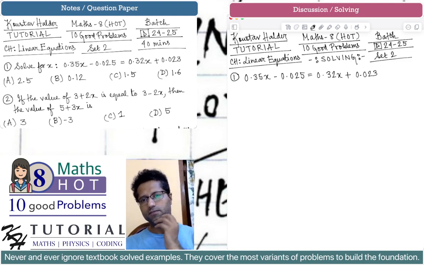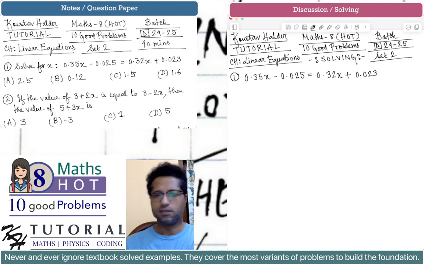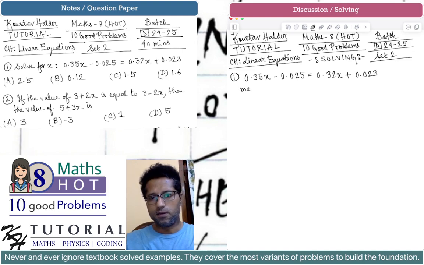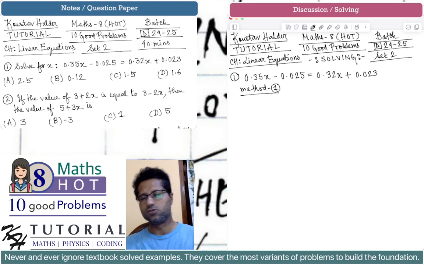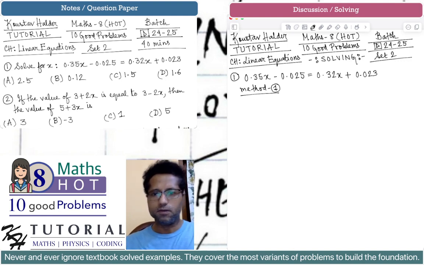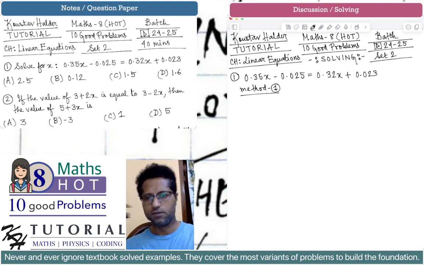Now if you are comfortable in doing addition and subtraction of decimal numbers, then you can solve this problem using this method, that is method number 1. I will show two methods. If you are comfortable doing addition and subtraction of decimal numbers, then you solve this equation as usual. That is, you bring all the x terms to the left hand side and all the constant terms to the right hand side, and we get